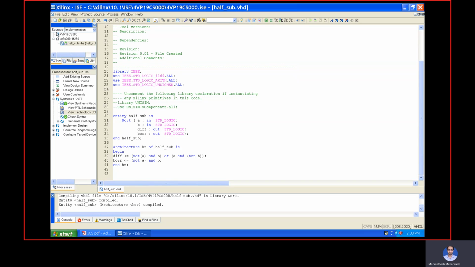Next, click on behavioral simulation. You can see the previous one is also showing. We have removed it with respect to implementation, but with respect to behavior we didn't remove it. Let it be as it is, not a problem, because whenever we want to see the output, we can directly go and see it. Anyhow, I am focusing on the half subtractor, so click on this, just a single click. In the Xilinx ISim simulator, there is a plus box. Double click on the simulate behavioral model.